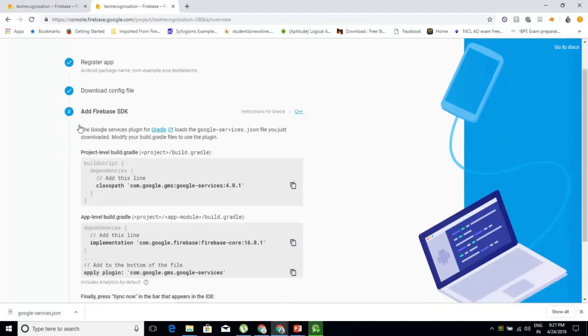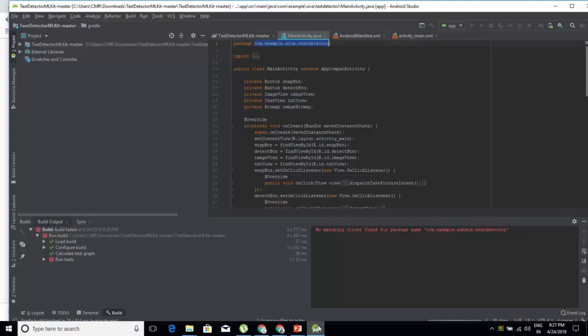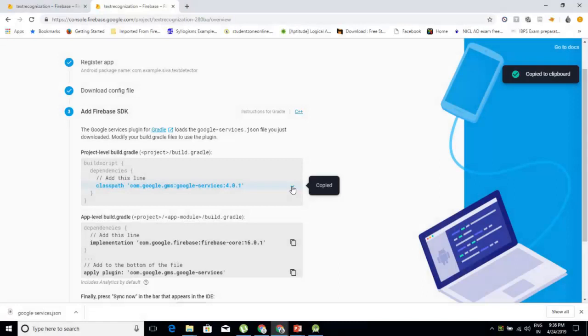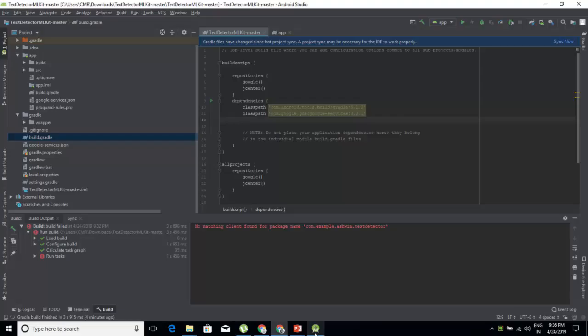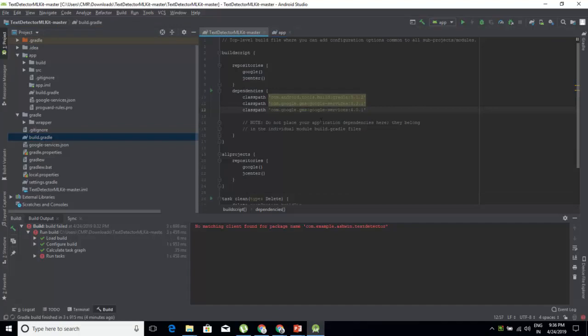And you see here, you have to load it into the Gradle. So copy this, go to your Android Studio. Now copy this code and we have to paste it in the project level build Gradle. Go to the Android Studio, go to the build Gradle, then go to the dependencies, then paste the path here. Next one